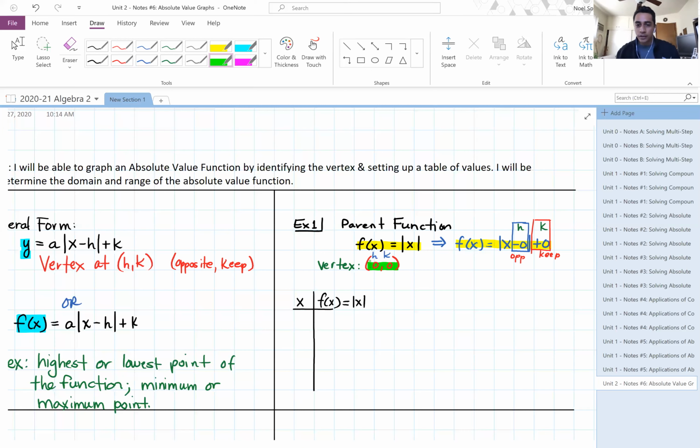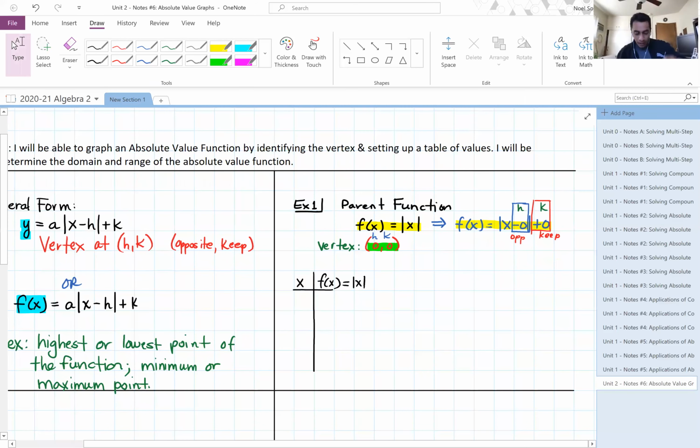Does that make a little more sense? All right. Okay. So then when we're building a table now, remember a vertex tells us where the two lines of the V shape connect, right? It also tells us the minimum or the maximum point, and it tells us this is where the symmetry occurs. So then because I know that there is symmetry in this graph,